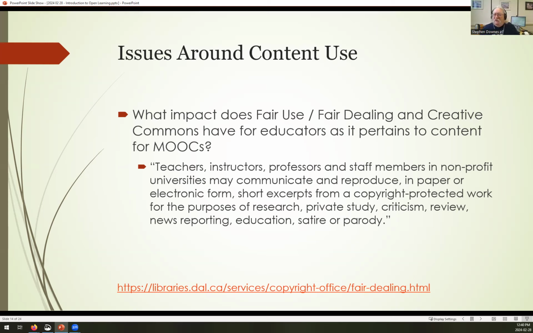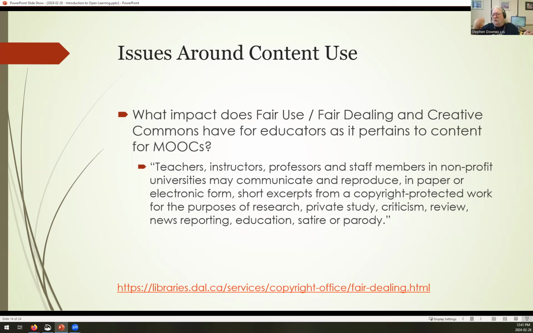But all licensing aside, there are still ways to use content, even commercial content, even fully copyrighted content. Copyright itself is a limited domain. What that means is we're giving special privileges to the person who created the work. Those special privileges are that they get to have exclusive use of the work under certain conditions for a certain period of time.